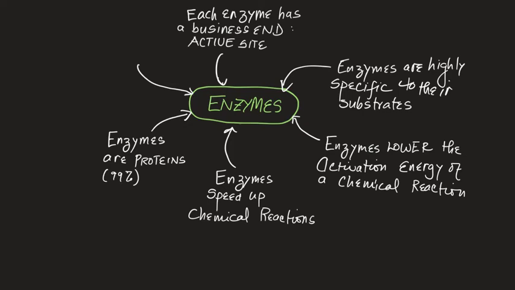If an enzyme loses its shape, it also loses its function because the active site is disrupted and it can no longer recognize its substrate. This can happen if the temperature is too high or if the pH is too low. In order to understand the concept of activation energy and the role of an enzyme to reduce the activation energy to start a chemical